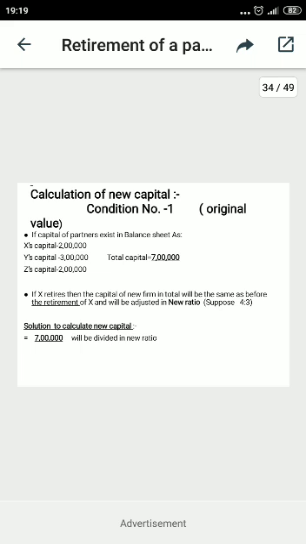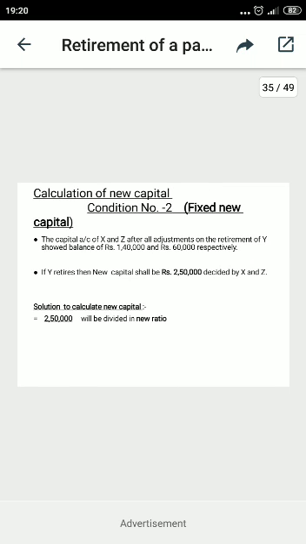So you have to take the new capital as 7 lakh and divide this into the new ratio for deriving the new capital, that is step number 2. Here I am discussing how to derive only step number 2, because only then can you compare step number 2 with step 1. So I think this is clear. When the original value is given, go to the balance sheet, take the total of the capital of the partners listed there, consider that as the new capital, and divide it into the new ratio.